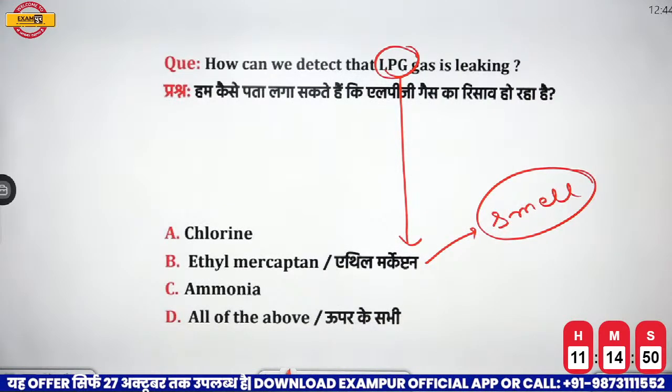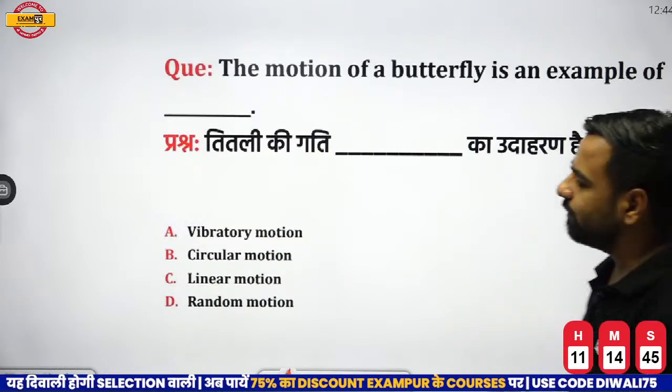Next, the motion of the butterfly is an example of dash. If I talk about the motions,